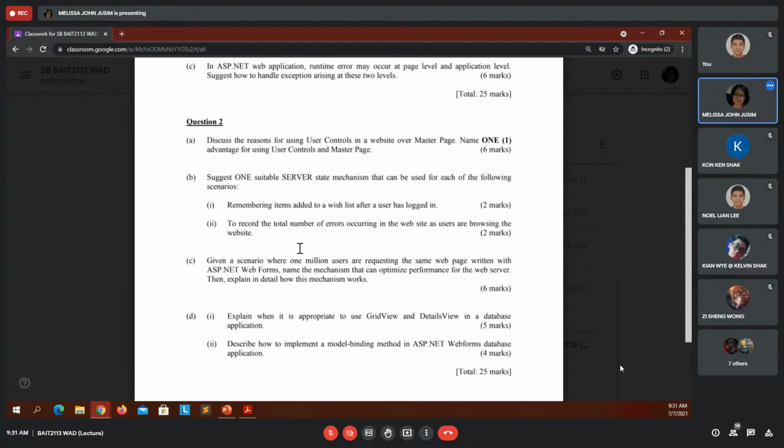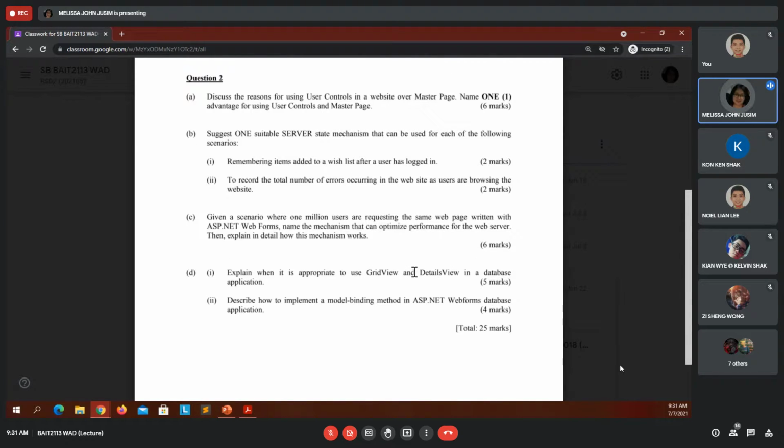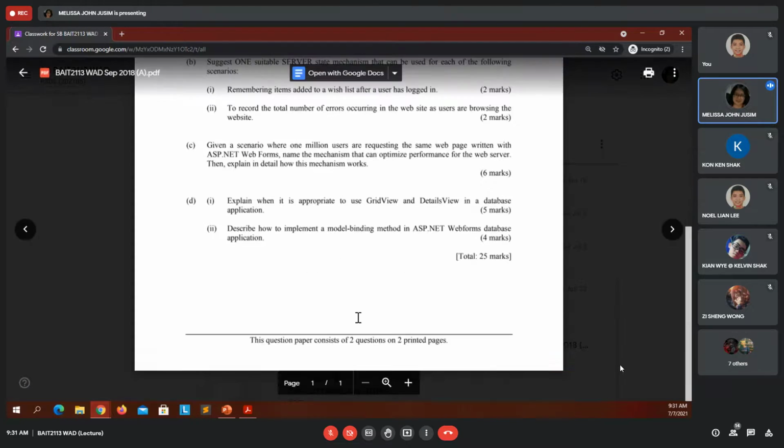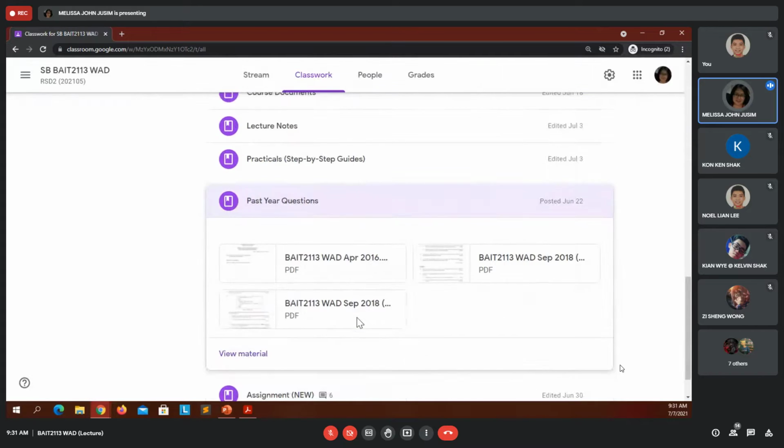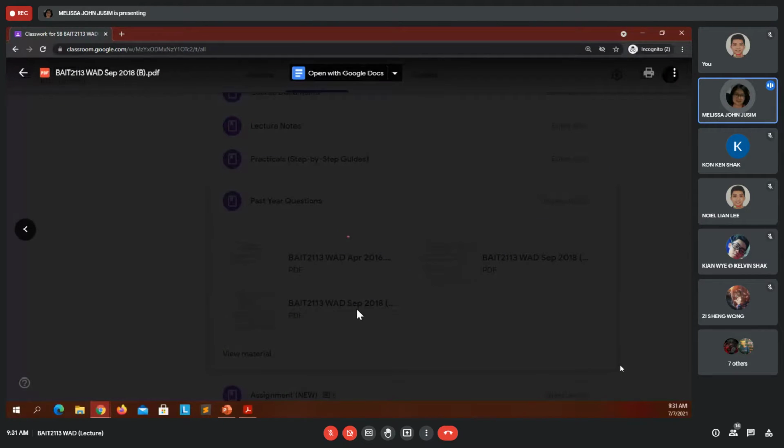Possible. Optimize performance, not yet. Grid view, details view in a database, hopefully we can see this next week. And then how to implement a model binding method, definitely chapter 4, database.